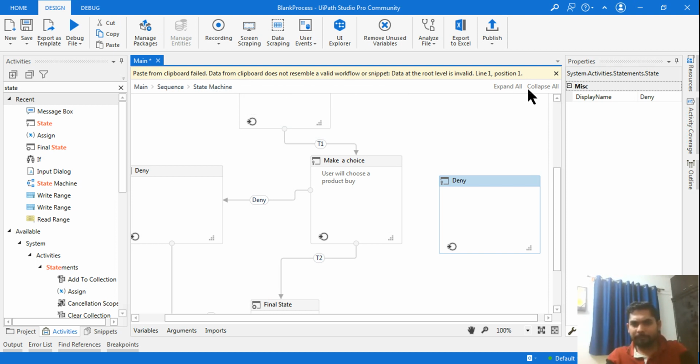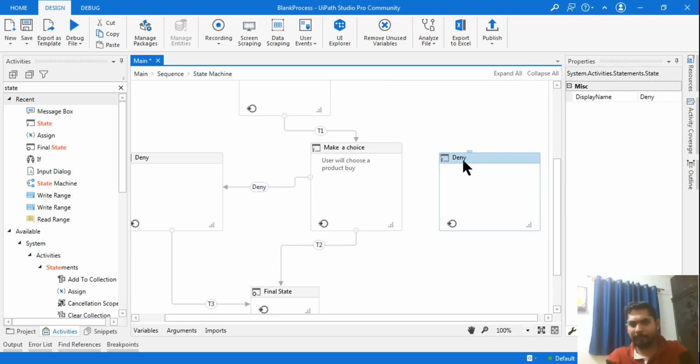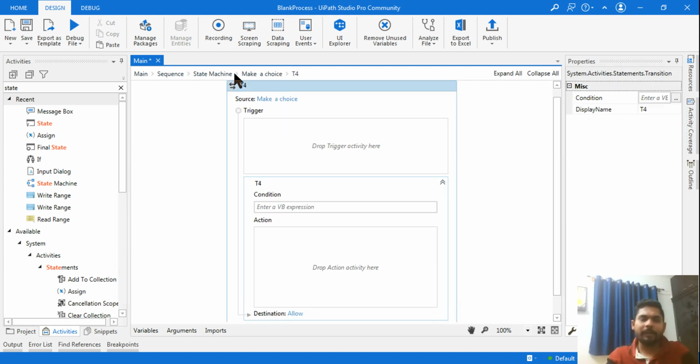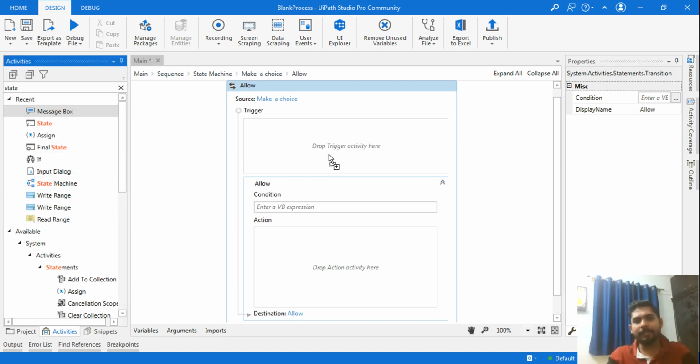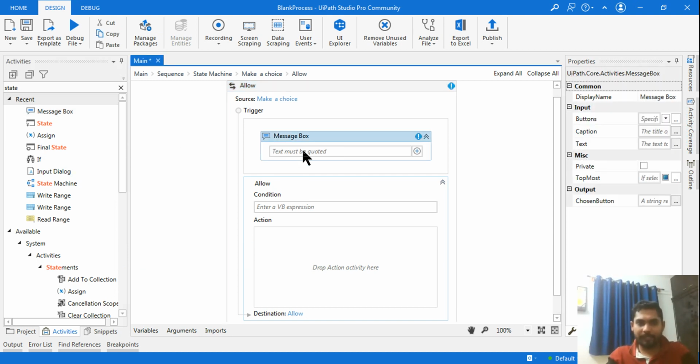Okay, all right, so now I have this activity, and here I should make it allow. So your processing is allowed. When it is allowed, again you have to apply a condition, right? So this condition will go here, double click, and here I'm going to change the name to allow. Okay, and here I'm going to write a message box and show him the remaining amount. So here I'm going to say your payment is successful and the remaining amount is, and I can write dollar.